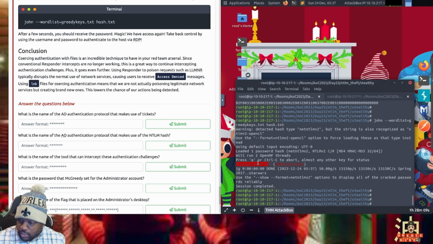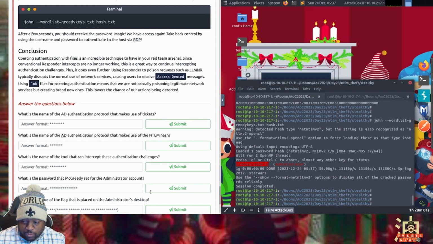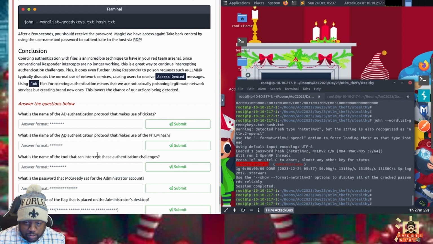And we got it. Greedy grabber one, at sign. Not ampersand, at sign.